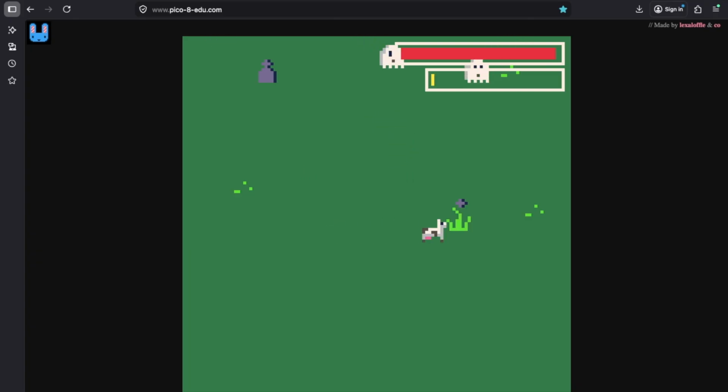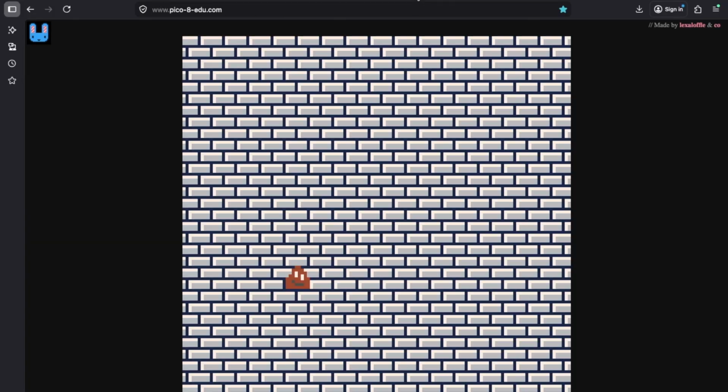And the next thing that I want to do is learn how... Oh, I can't get that piece of grass. Okay, that's a bug. I'm not going to worry about that right now. But the next thing I want to do is learn how to do maps. And I've been focusing on that in a different tab.